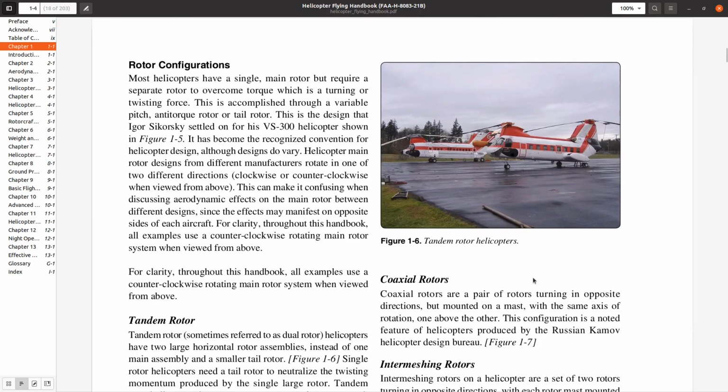Now, there are different configurations for rotorcraft. It is very common to have a single main rotor and then a tail rotor that works against the torque of having the main rotor up top, so that, if you look at any movie or TV show where a helicopter crashes, it starts spinning uncontrollably first and then it crashes. So you have to counteract that torque with a tail rotor, unless you have something like this where you've got two rotors,